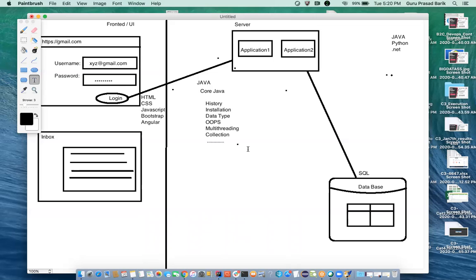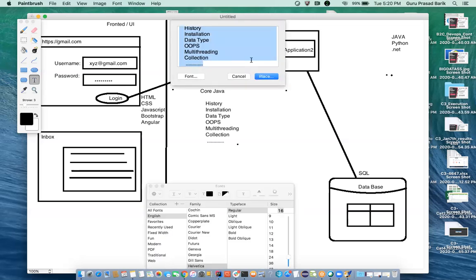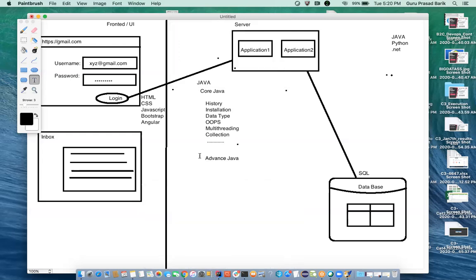So what are keywords? Do you know what keywords are? Keywords are like tokens which are used to identify something in a programming language. These are predefined instructions that have been provided in Java.